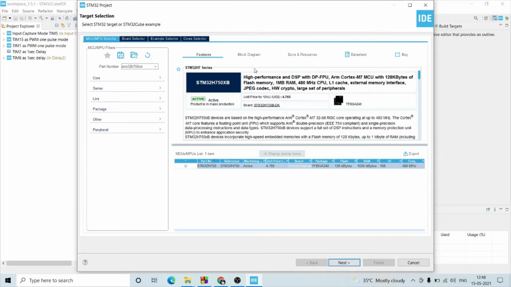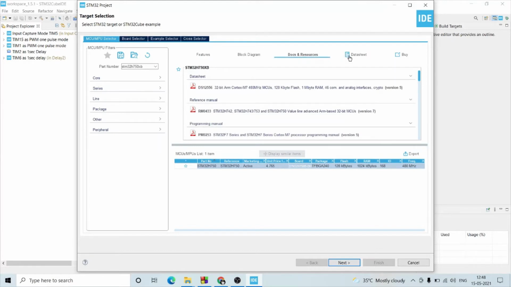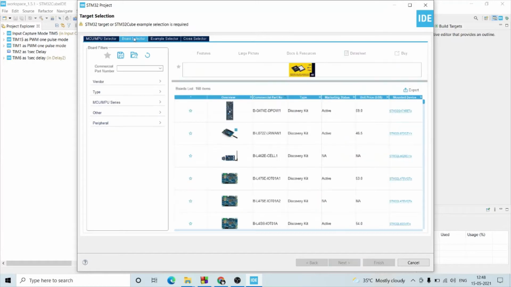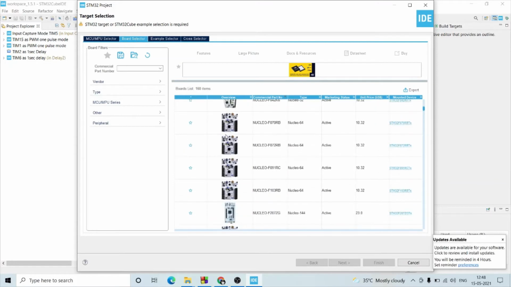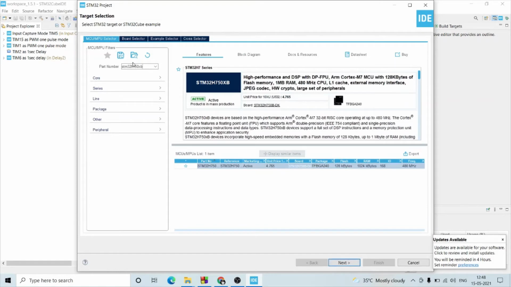All the information regarding this controller is shown under the Features tab. For the same we need some documentation, and you can get all things from there. And suppose you are using an STM32 board, these are the boards from which you can choose, and all the GPIO settings regarding this board are imported into this IDE. So I'm choosing this controller.